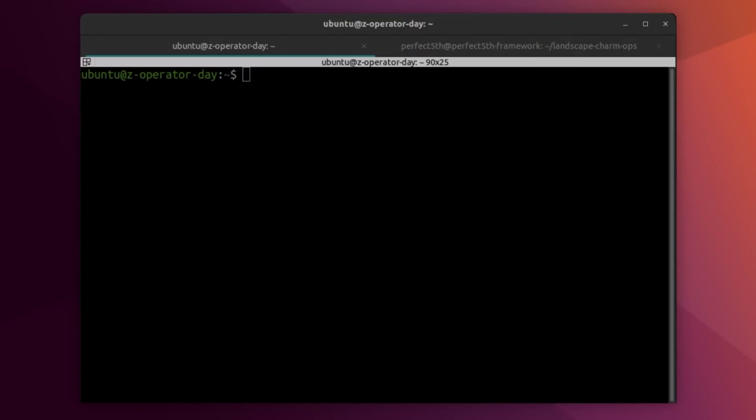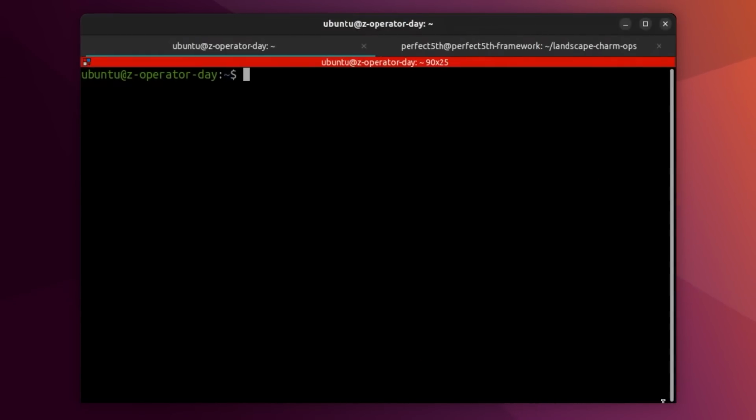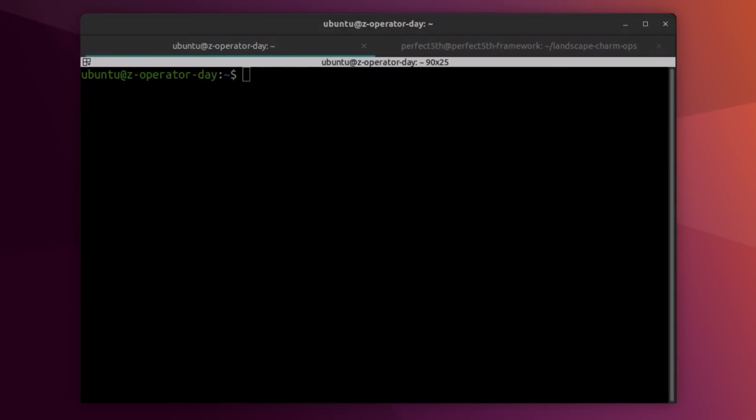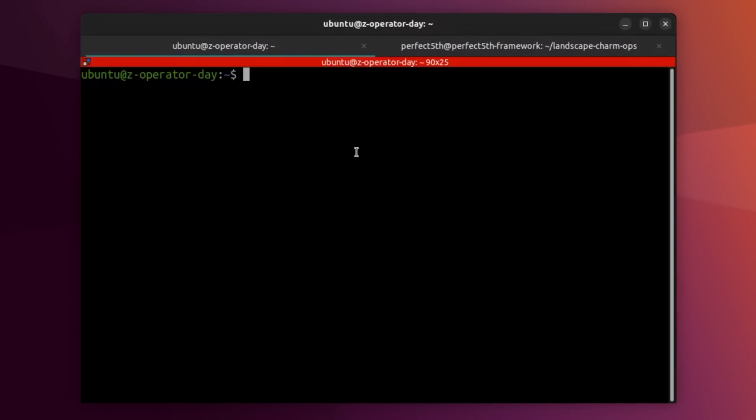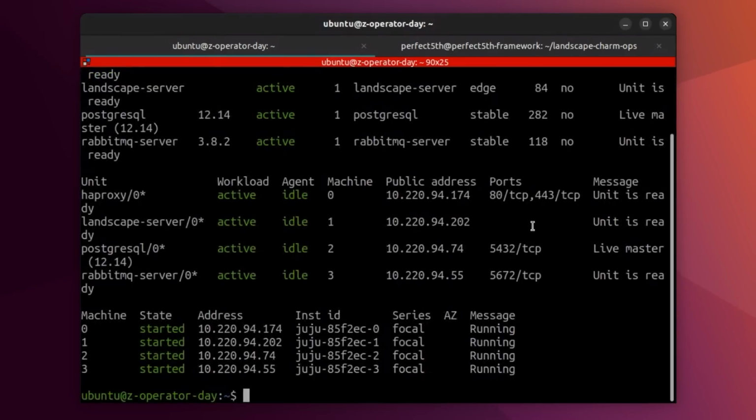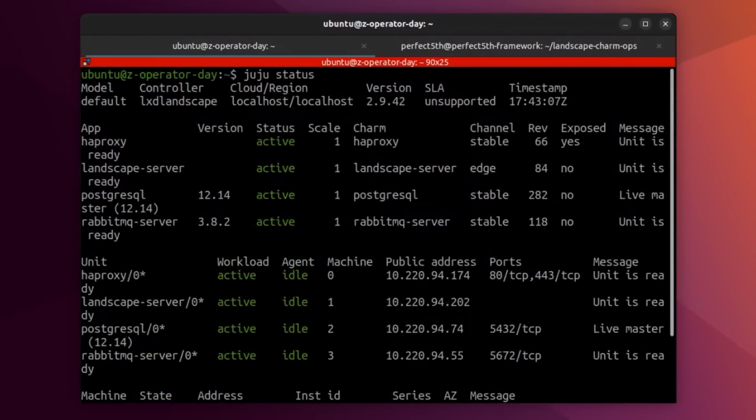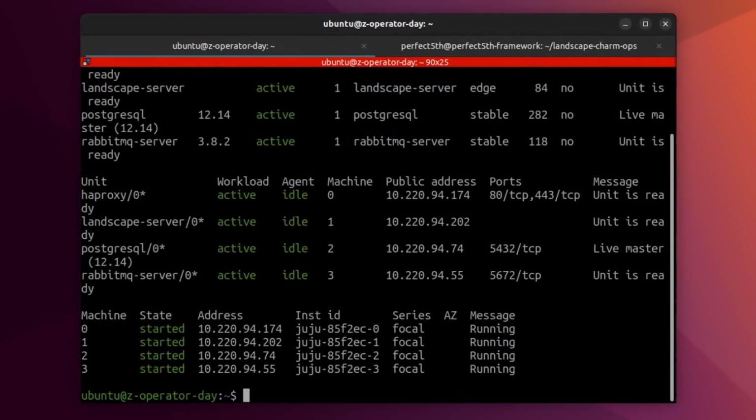Now that we've got Sorbonne set up, we can set up email sending in our landscape server. First step for doing that is to take a look at the Juju status. Everything is installed, everything is active. Nice. We need the IP address of the